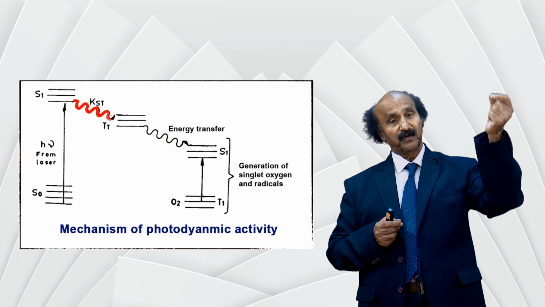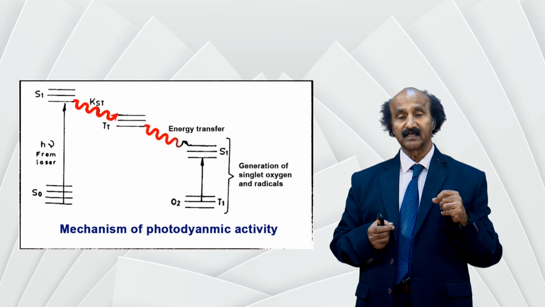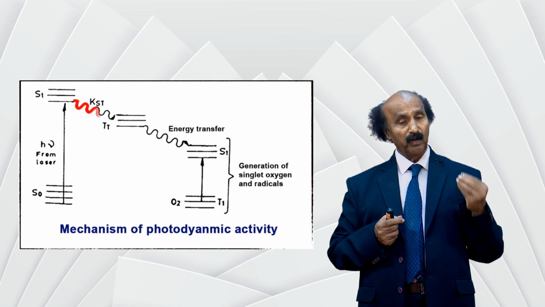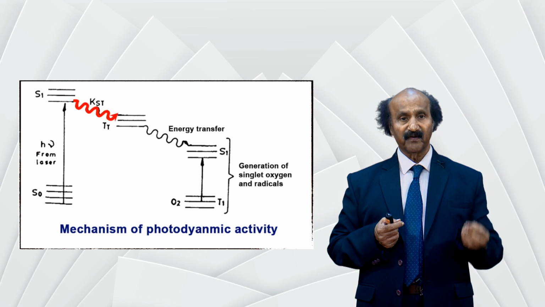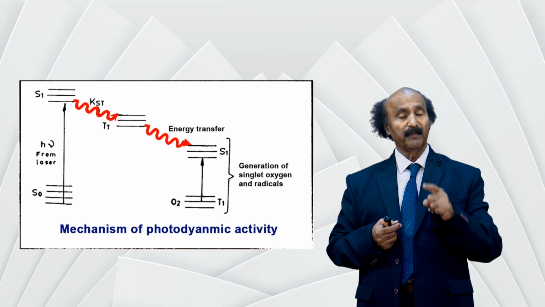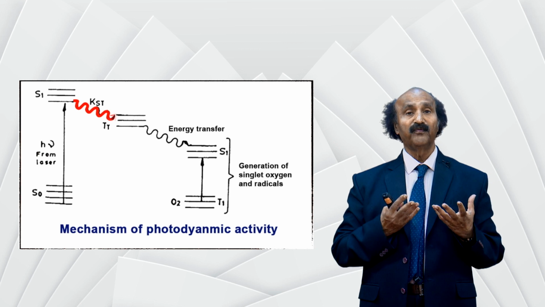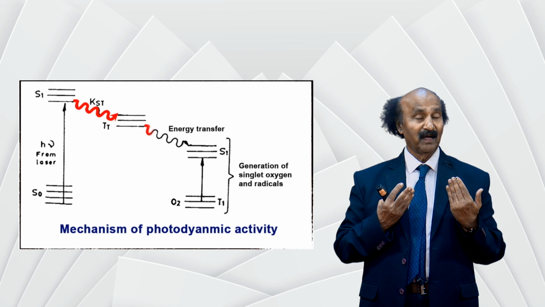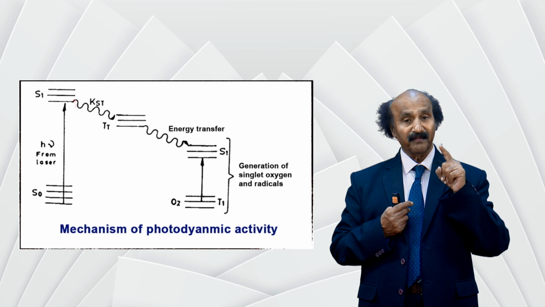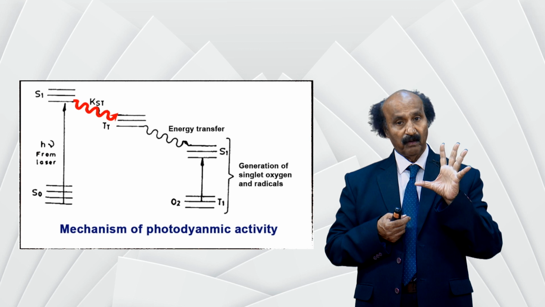It will get transferred to T1 level by inter-system crossing, that is represented by KST, that is the rate of molecule getting transferred from S1 to T1. That is what it represents. In T1, this particular porphyrin molecule will stay there for a few minutes, not for a few nanoseconds or milliseconds. It will stay there for a few minutes. Under that condition, suppose you shine with laser,